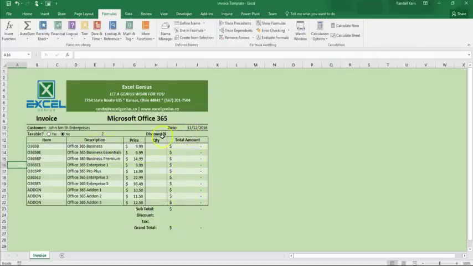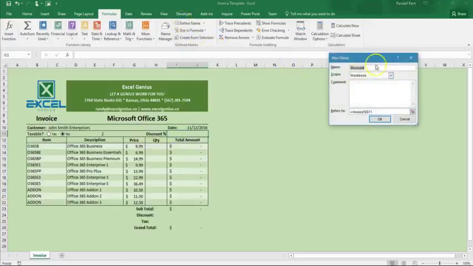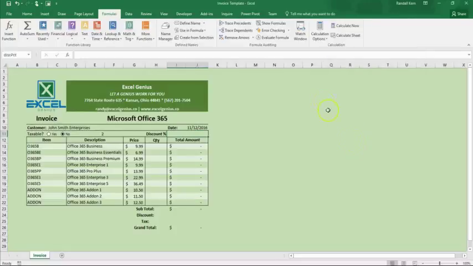I'm just going down the list here. I know I'm going to want to reference this discount percent. So I'm going to go up here and define this name as well. And I'm going to say, all right, discount. We're actually going to put in here DISC_PCT for discount percent. And we're going to leave that to refer to I11, because when we go to do our formulas later, it's going to help us a lot just by naming